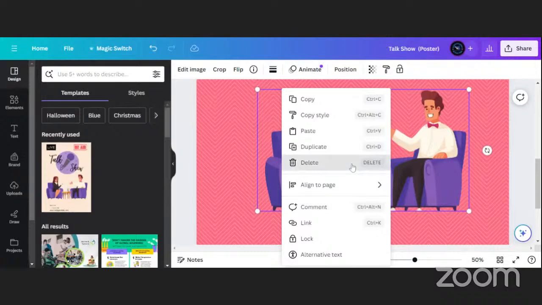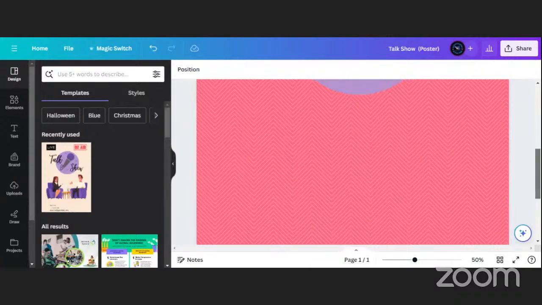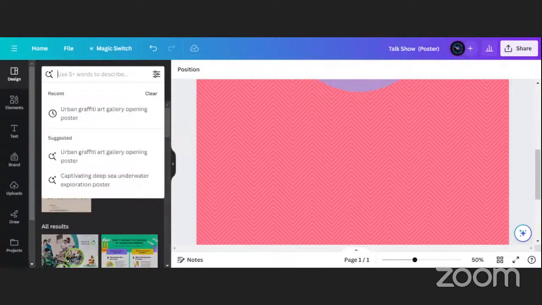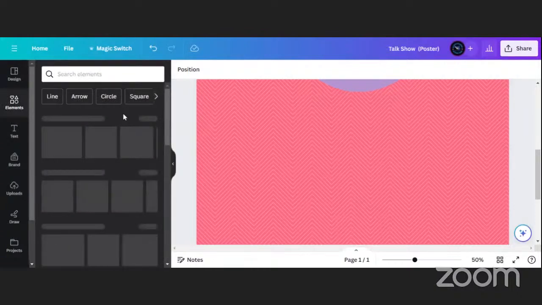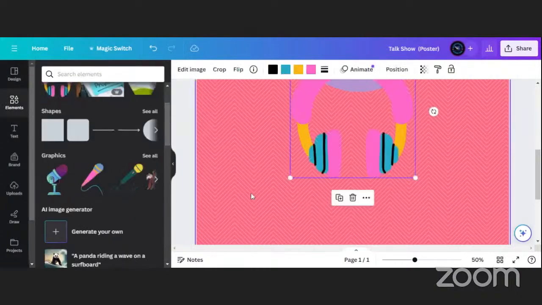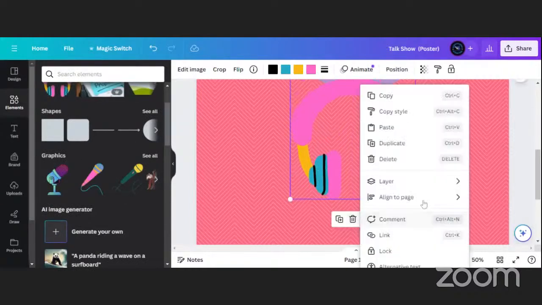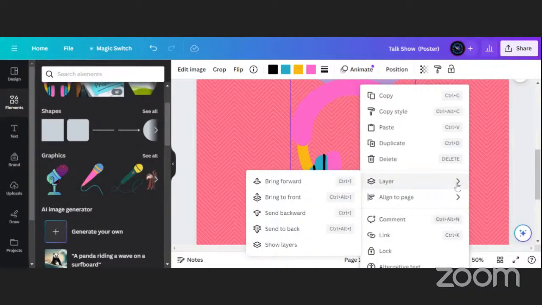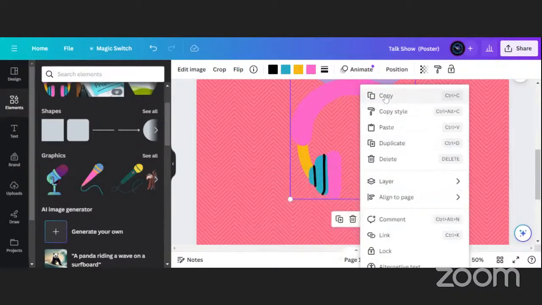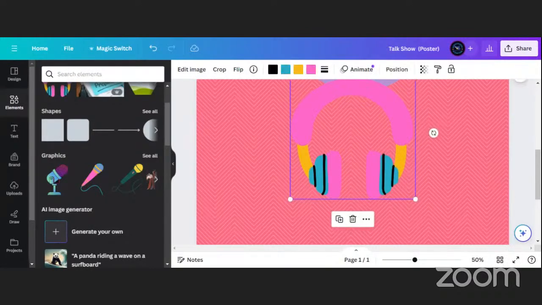You can delete it, and then you can bring the image that you want. Let's say you come to elements, and then we say you want to use this image of the earphone. Okay. Yeah, and then that is it. And then you are done with replacing the image.